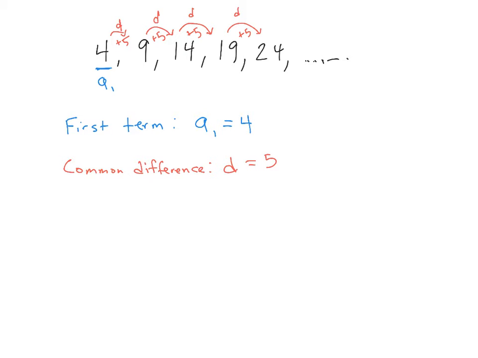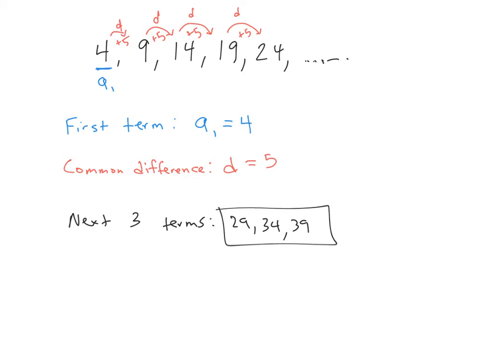Now another type of question you might be asked is, what's the next term, right? So if they ask you for the next 3 terms, you would just extend out the pattern by adding 5, right? So if you add 5 to 24, you'd get 29. And then if you add another 5, you get up to 34. And add another 5, you get up to 39, right? So the next terms would be just if you carry that pattern out, what's coming next, right? So in this case, you would keep adding 5,